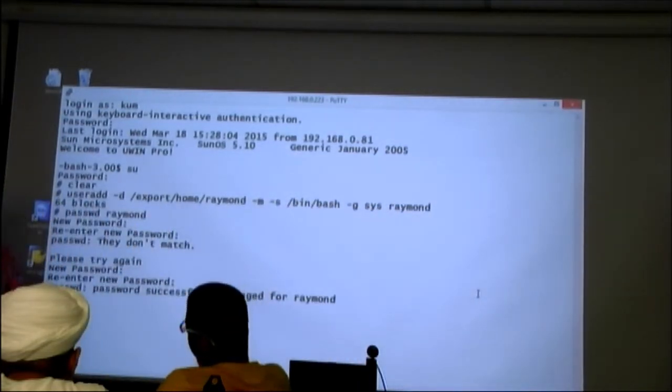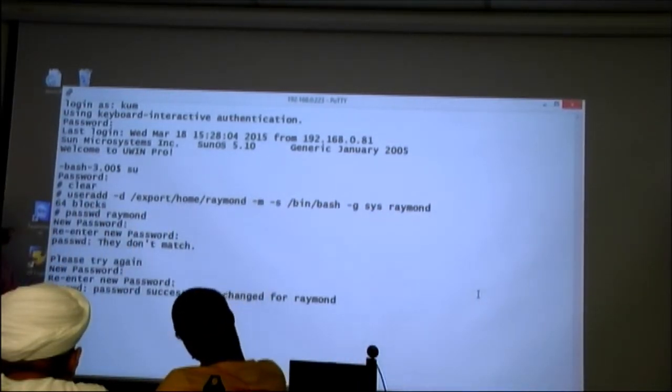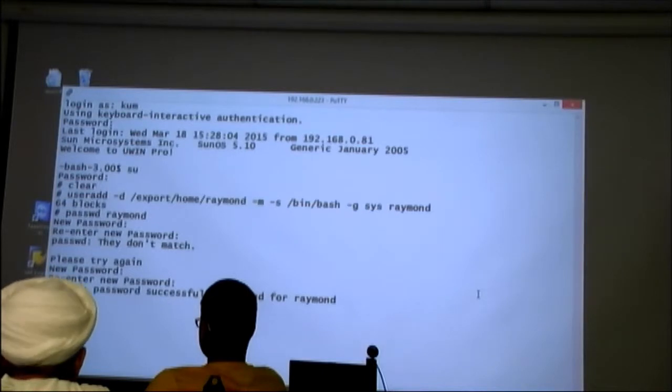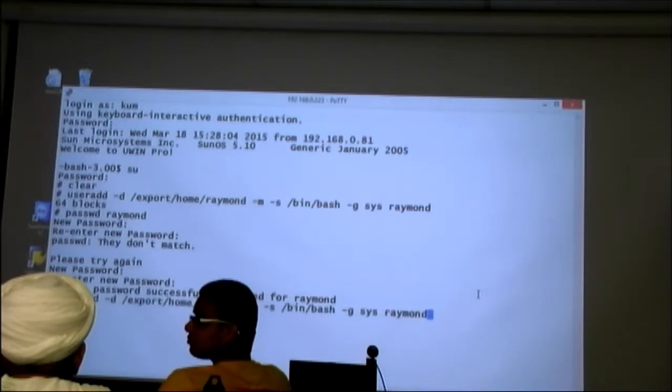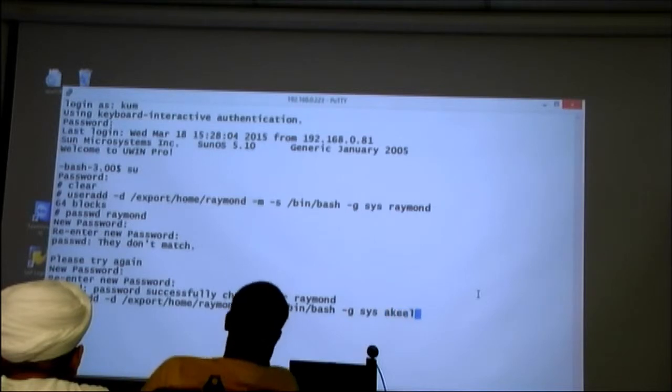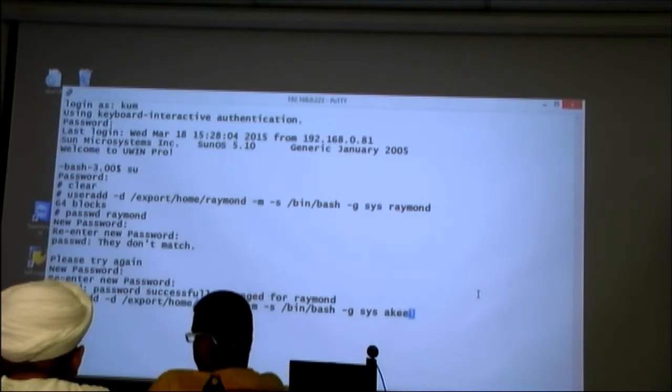So I will give the same type of password, first 3 characters like that, right? What is the second username? You have an account, right? You don't have an account. So Akil, right? Your name is Akil.